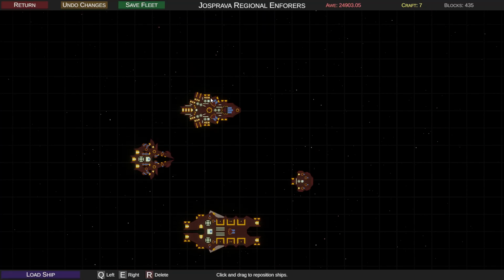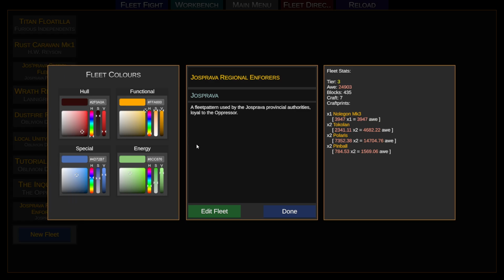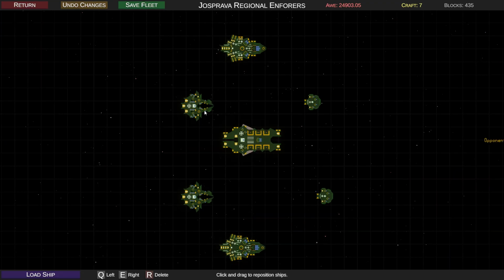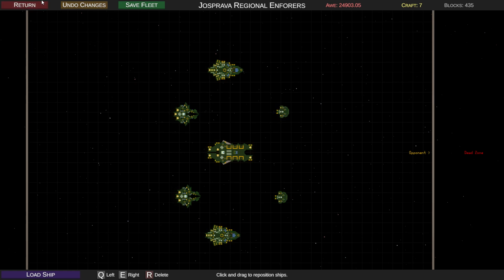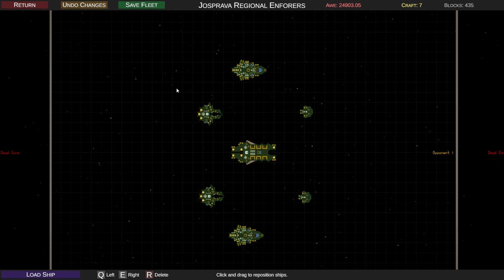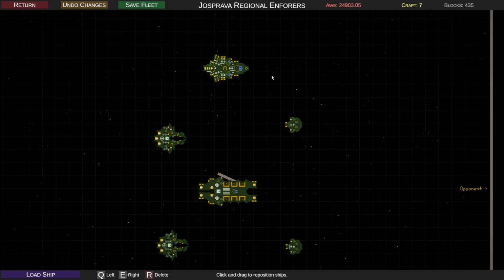So now we've got a little Josprava Regional Enforcers. Well, Josprava's hull color is supposed to be... I didn't click save. Oh, I need to make an "Are you sure?" button. I need to make the system check if you actually have changes and then tell you to save your fleet. There still needs to be more feedback and other stuff, whatever. Fleet Composer! Awesome! Look, you can put your ships around. You can move them, you can rotate them, you can do whatever you want. So you can formulate your fleet, which is pretty...